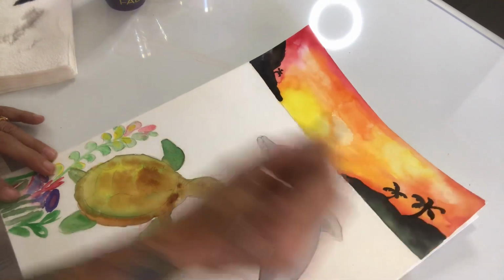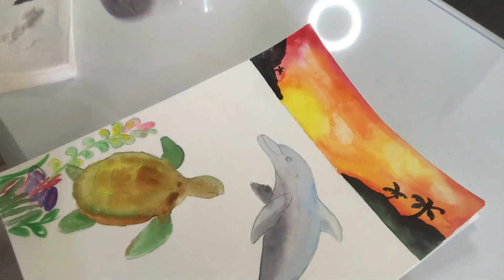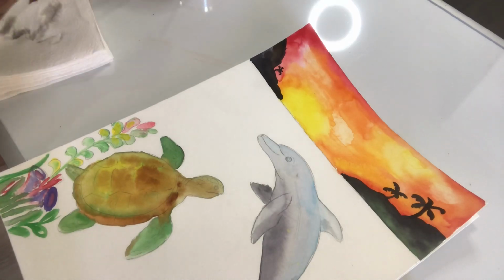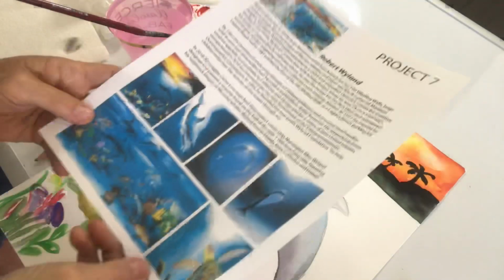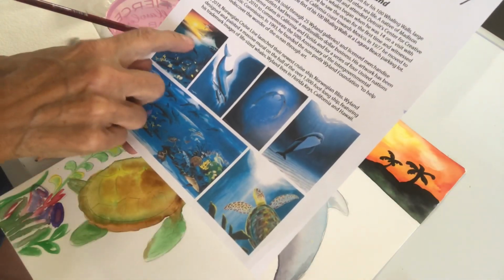All right, now though my water is all black, so it's important that I'm going to switch that out and get fresh water and make sure my brushes are all clean before I start to do the ocean. All right, let's take a look at the light source here. Notice how we've got the sun, a little bit of white,